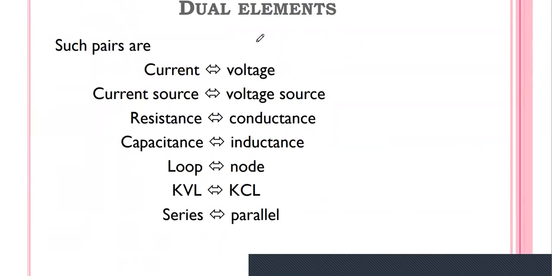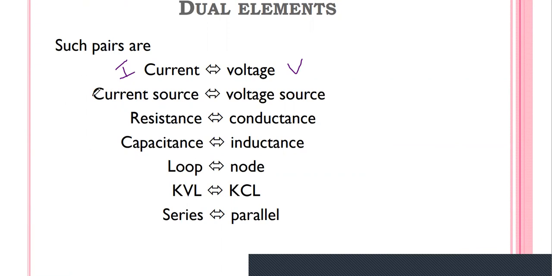In order to draw the dual network for the given network, these are the pairs we have to use. If the current I is available in the given network, that current I can be replaced by the voltage V, so the current variable is replaced by the voltage variable.